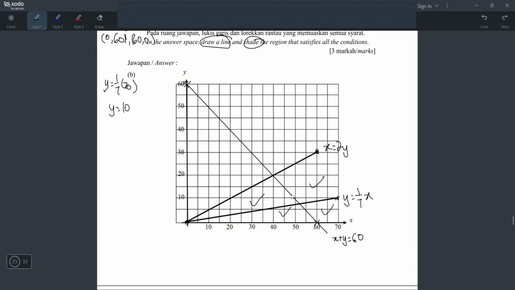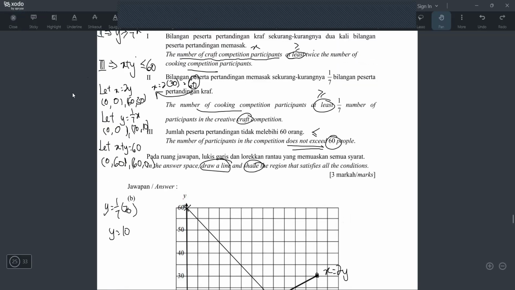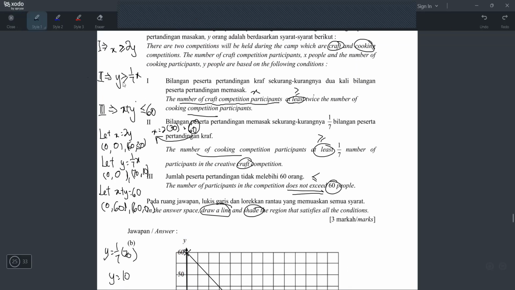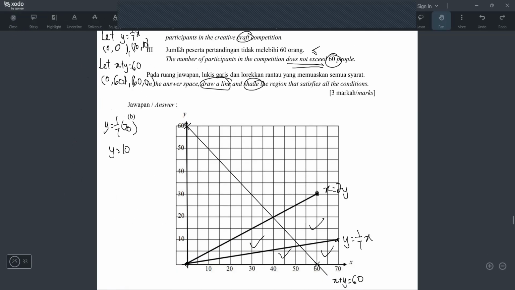Okay. Tapi jangan load it dulu. You have to check for the other inequality also. Okay, what is the second inequality? Make sure y positif dulu, baru tengok dari y. So y sudah positif, okay, tengok dari y. So tengok dari y, apa dia? Bigger. But which line? The y 1 over 7x line kena bigger. Garisan yang ni, bigger means atas garisan. So saya kena padam yang mana? Saya kena padam yang ini. Sebab dia kata atas garisan ni kan. So padam ni lah. Sebab atas garisan ni means atas sini lah.